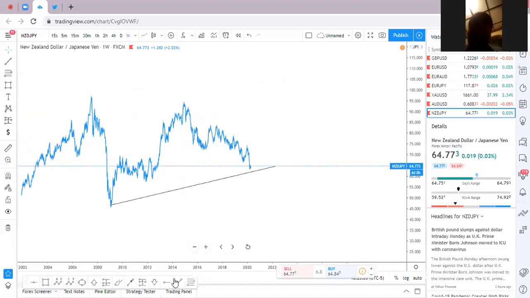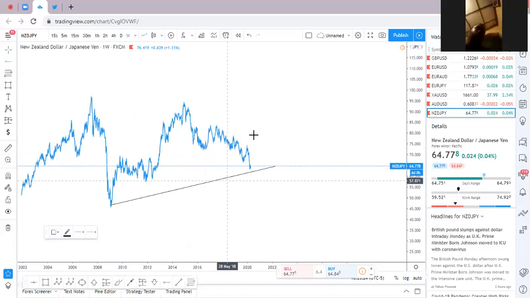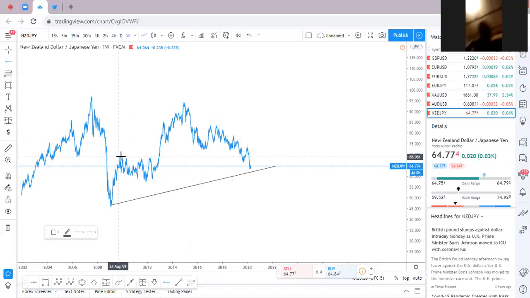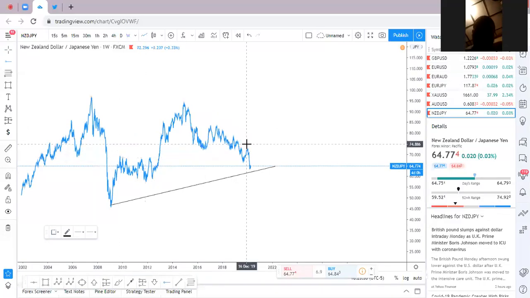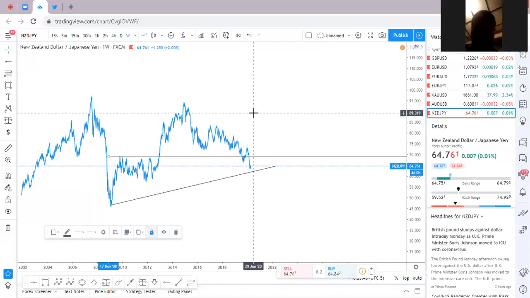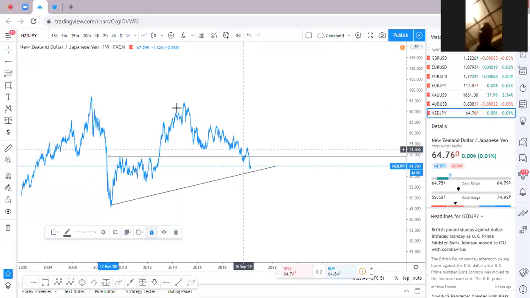So where's the possible area we all think this might be heading to? We have a lot of area here. This place we have here, I can easily make this place my resistance. So price might come here or even break this resistance and shoot up more. So moving on to